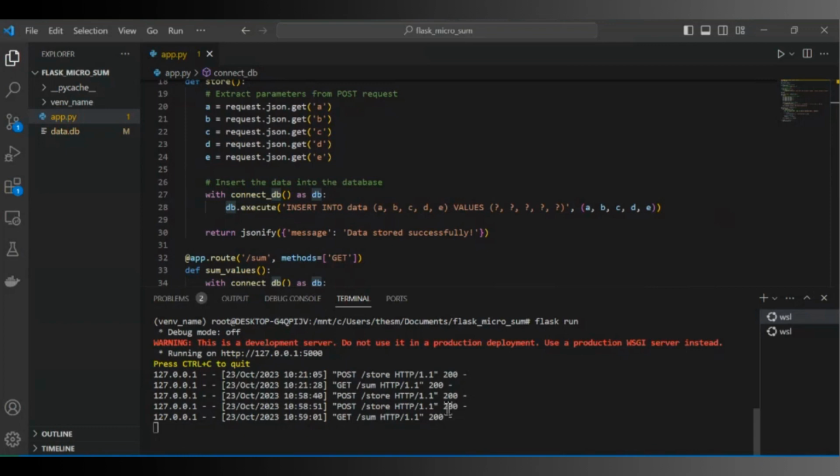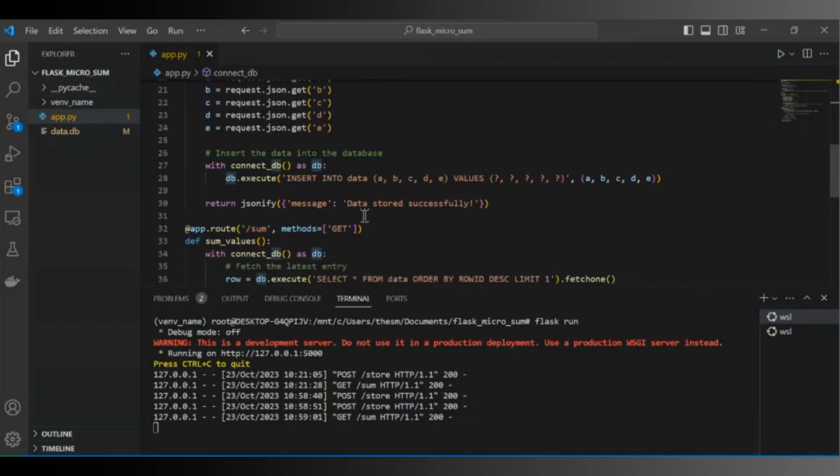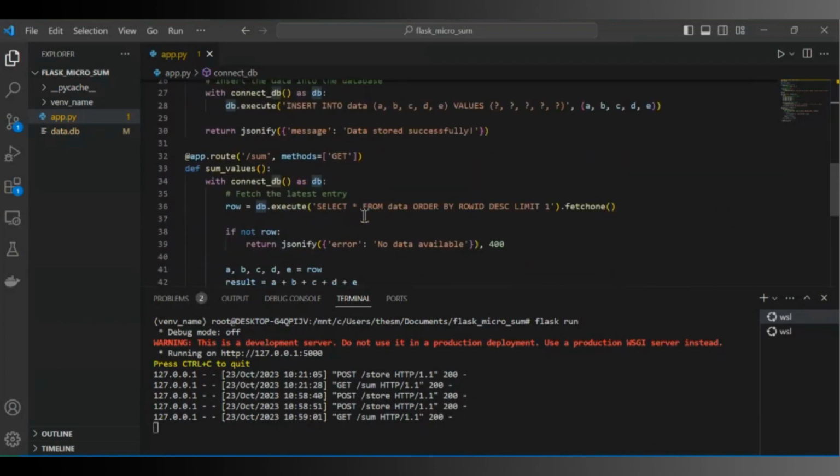So there should be no issue with this particular request that you're giving to this API. The second route that we defined here is the sum route. So first route, we collected data from the request and saved it to the database. The second